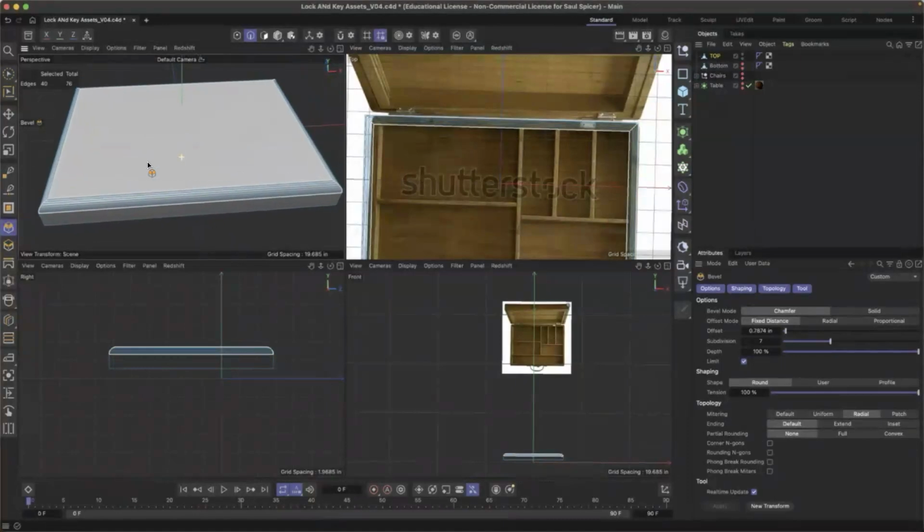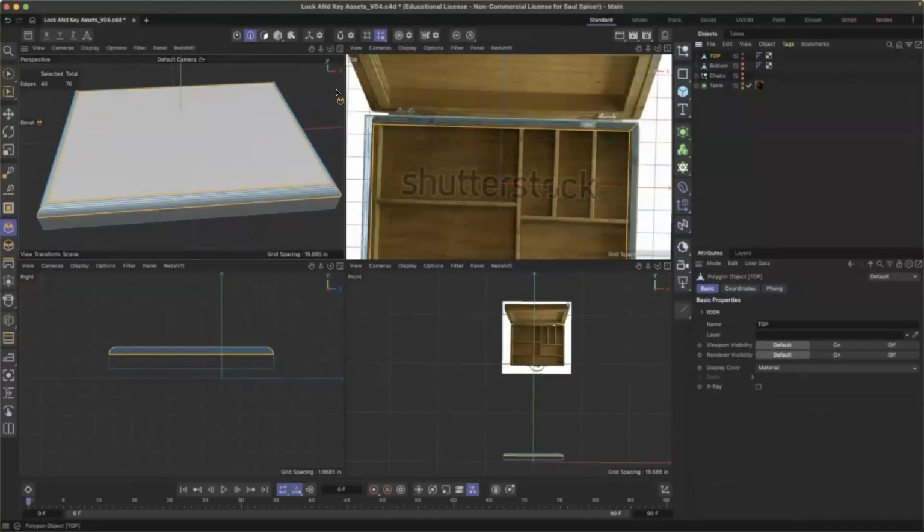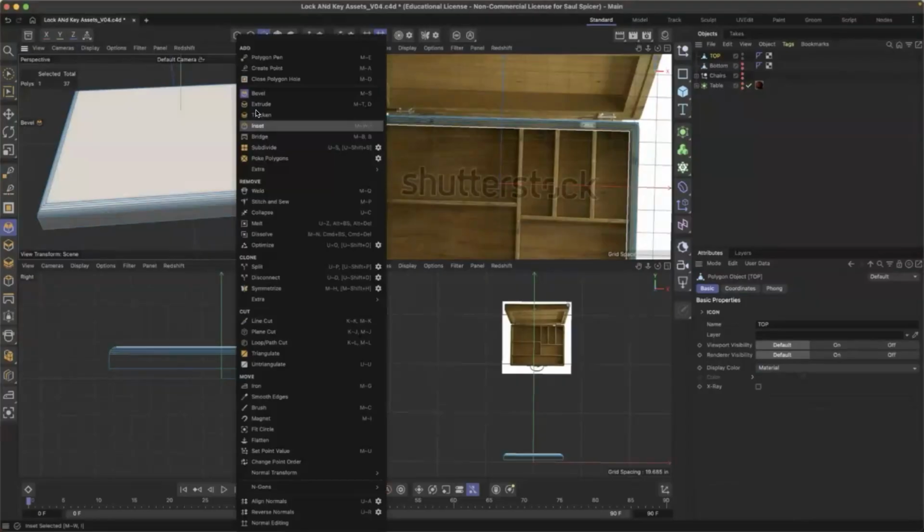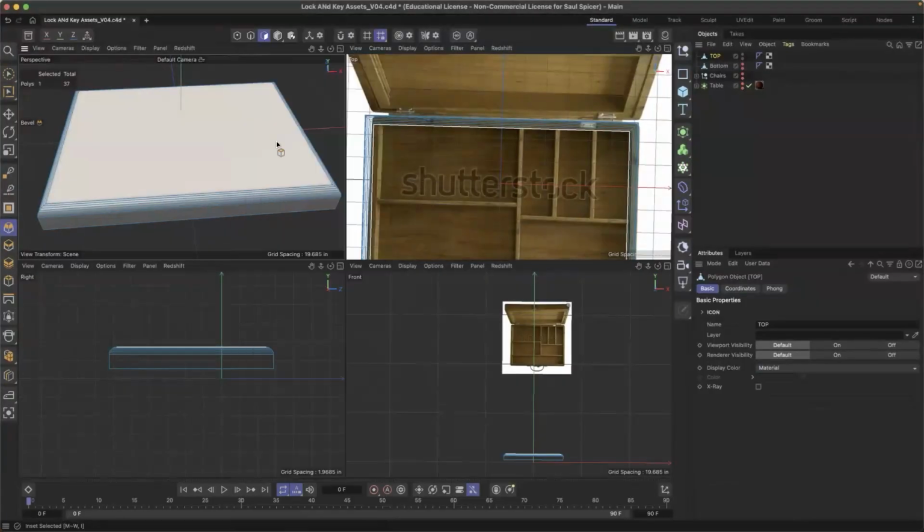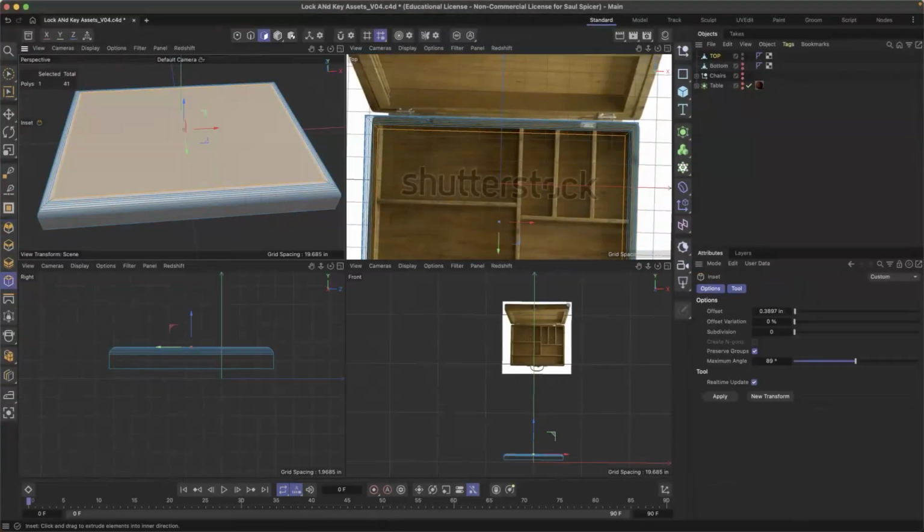Let's give this some more detail. I like to give at least 3 levels of detail. I'm going to click on top. I'm going to be recycling some of the tools I've been using by going to here, selecting the top section, right-clicking, and going to Inset. Right-click, Inset, right-click, inset, then going to